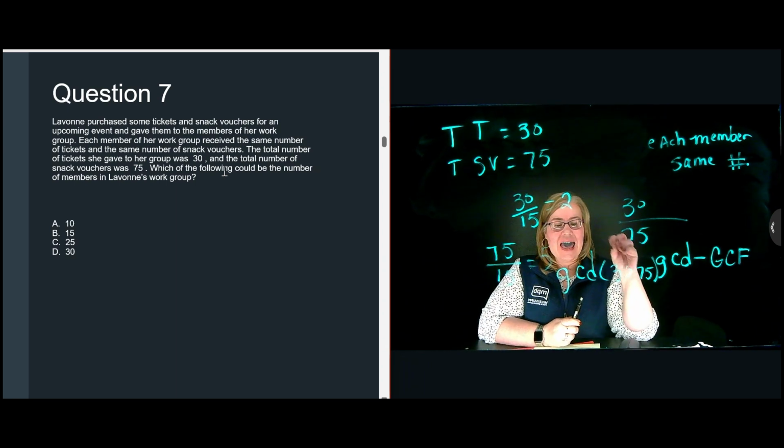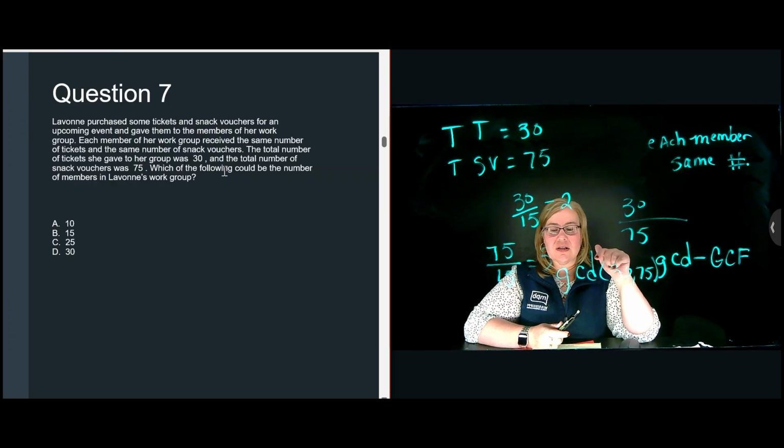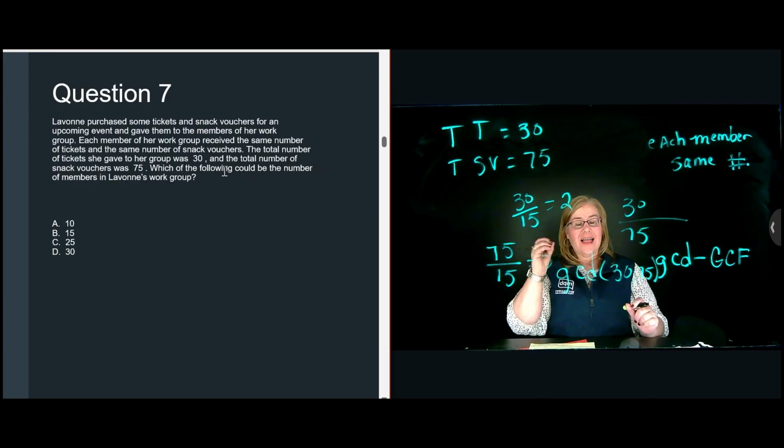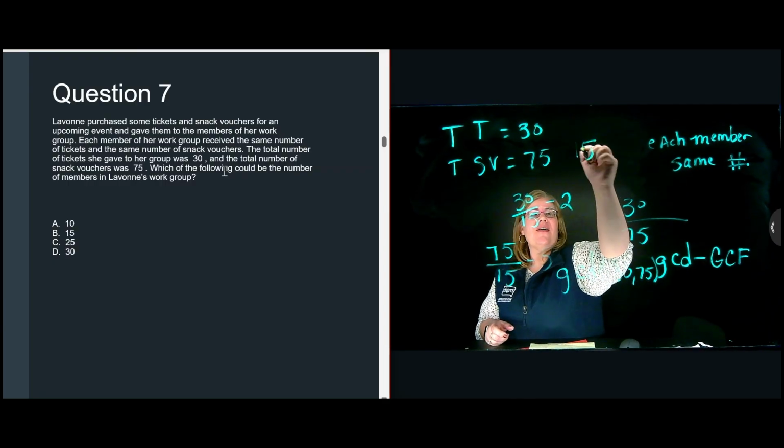So I can say without the shadow of a doubt that the total number of snack vouchers being 75, the total number of tickets is 30, and everyone gets the same amount, and they want to know how many members are in that work group. I can say that there are 15